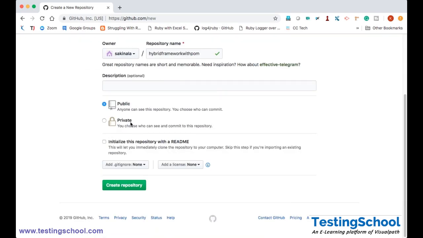Previously in GitHub, public is free. When you want to go with private, you need to pay something. But recently they changed that you can create private repositories also. Previously when you say private, you will get an option for payment options, PayPal, something like that. But recently GitHub is also giving the option to create private repositories. Okay, it's a great option. So whatever it may be, you can take any one of these and